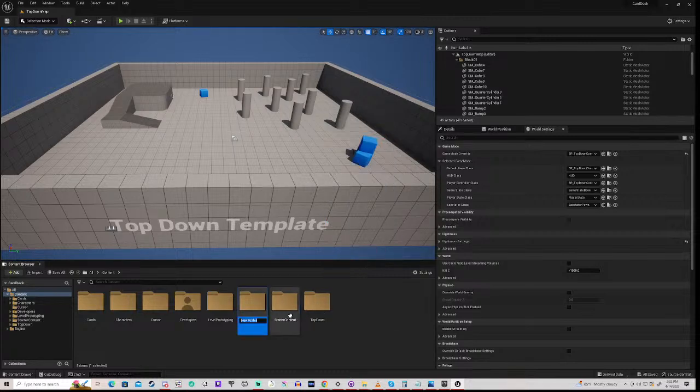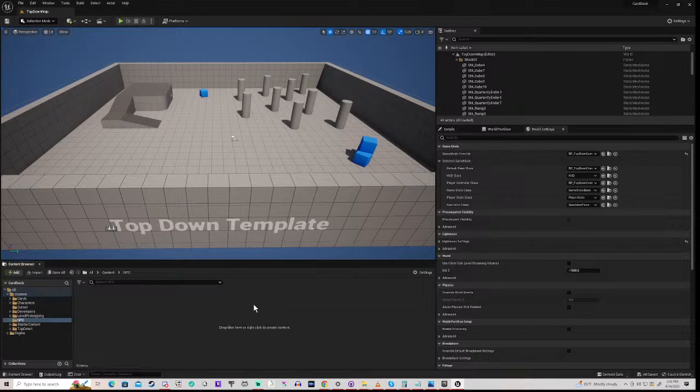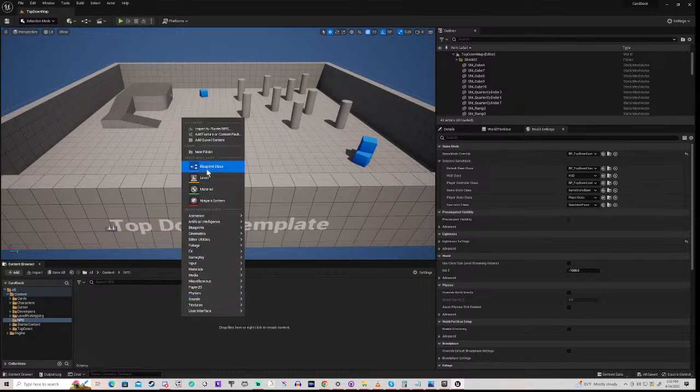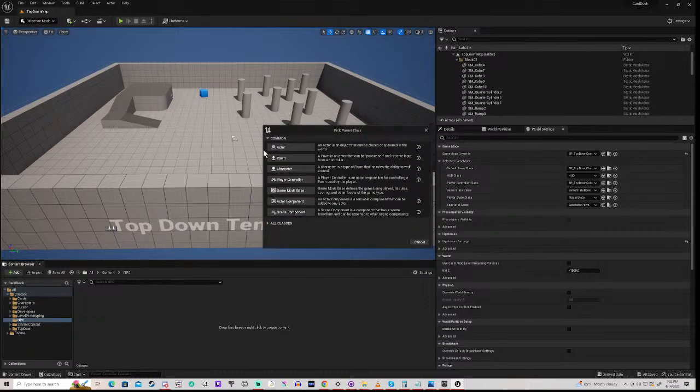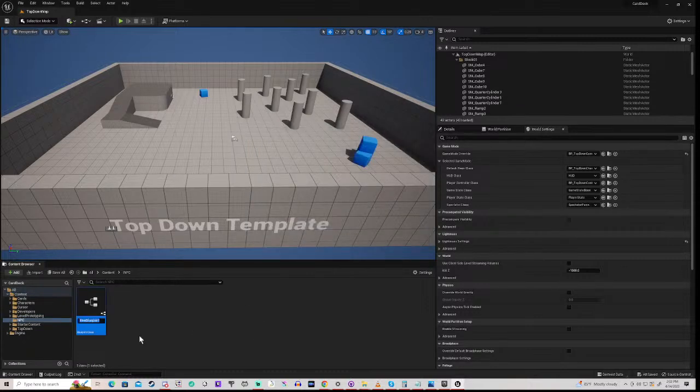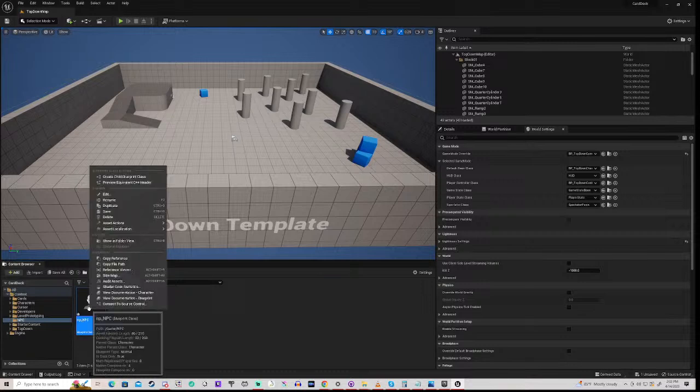So I'm going to create a new folder. We're going to call it NPC. We're going to create a blueprint class. It's going to be a character. We're going to say BP_NPC. Now, if we prototype this out and it all works fine, then we can use this as another tool